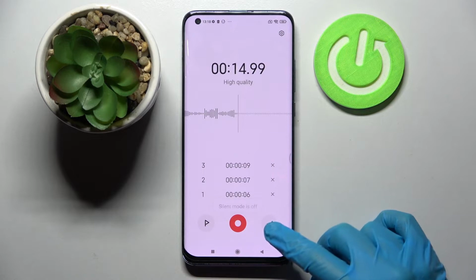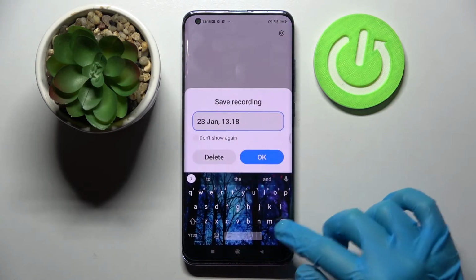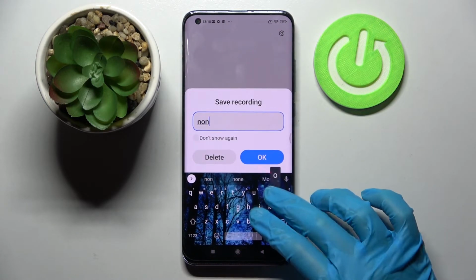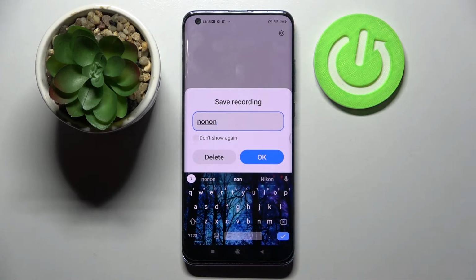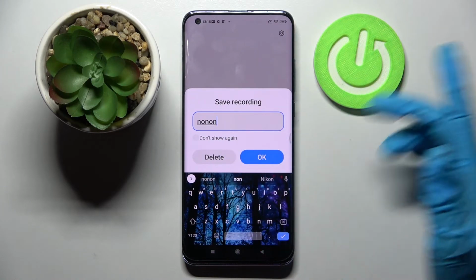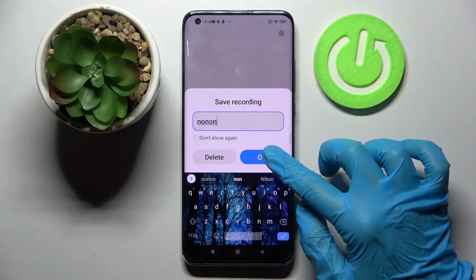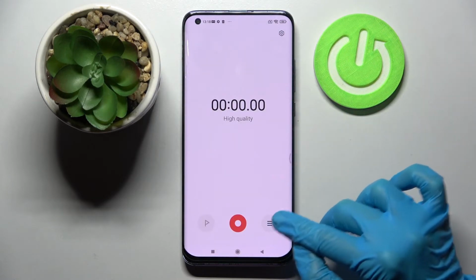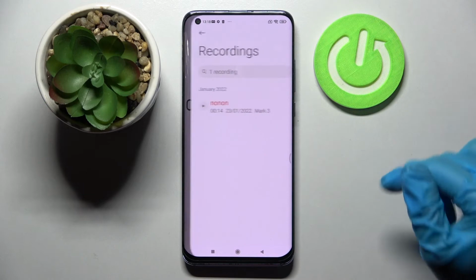Tap on this button over here with a check mark, name your recording however you wish to, and tap on OK. You can also delete it right away by tapping on delete, but I will go with save, so I'll have to tap on OK here and click on this icon with 3 lines now to access a list of